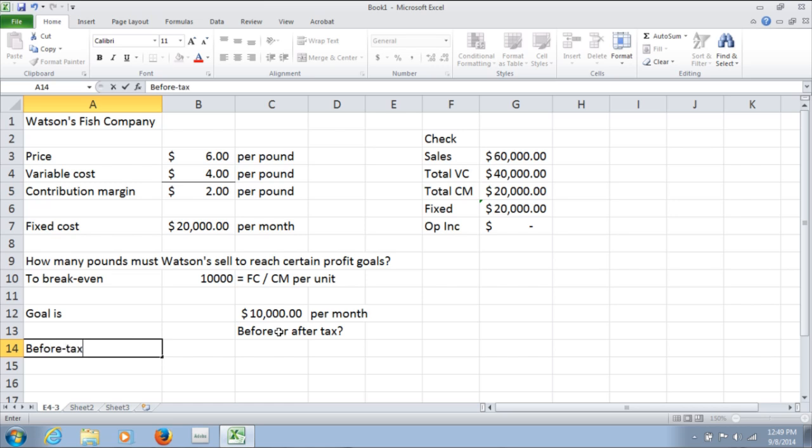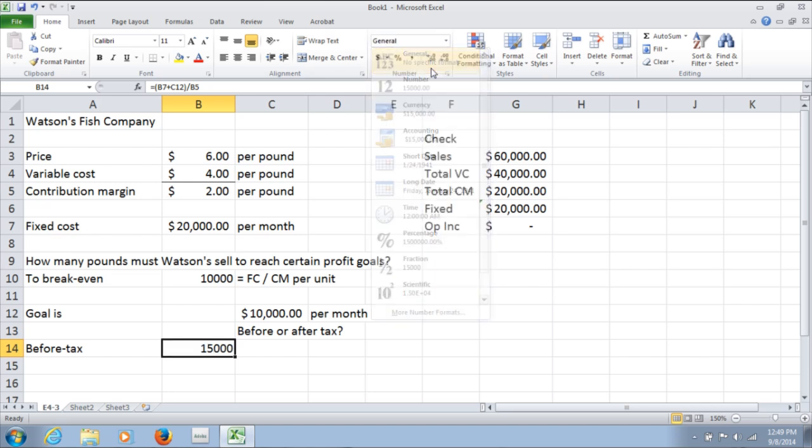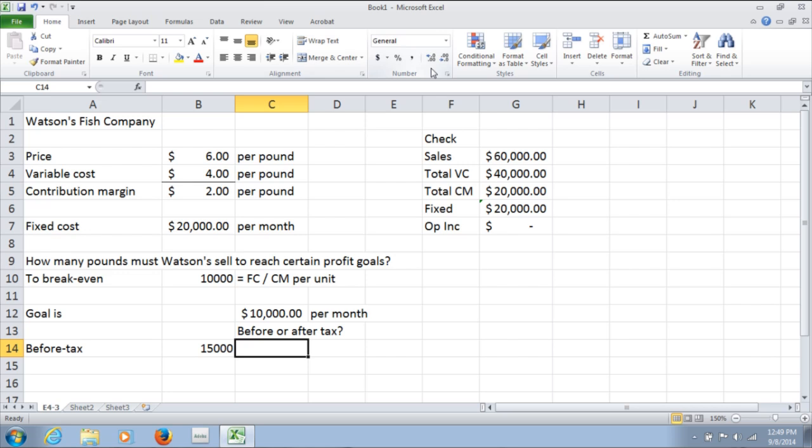So if the goal is before tax, then all we have to do is take the fixed cost and add to them the $10,000 of goal, and then we divide by our contribution margin per unit, and that will give us 15,000 units. And again, if we do our checking here,